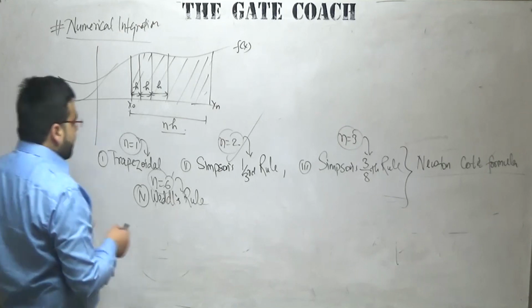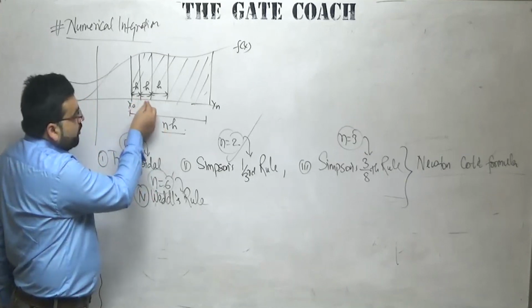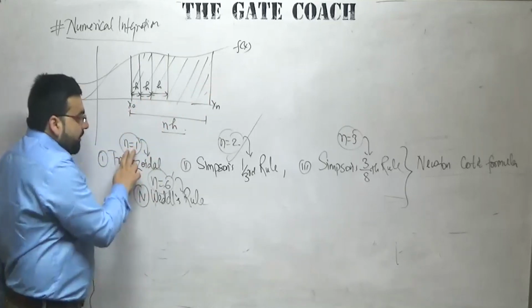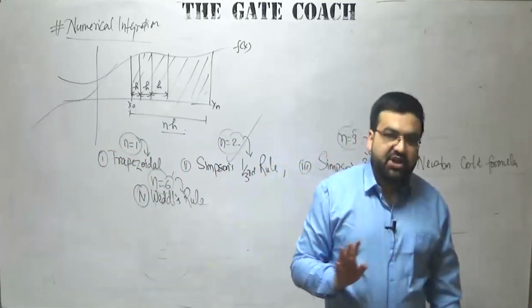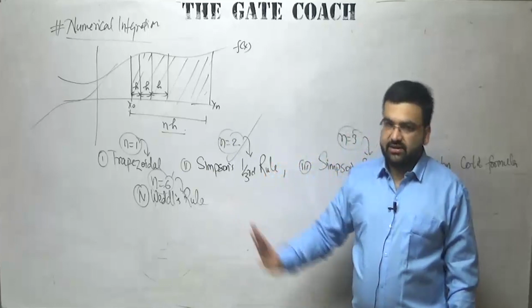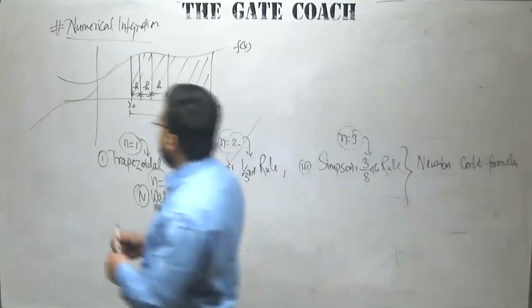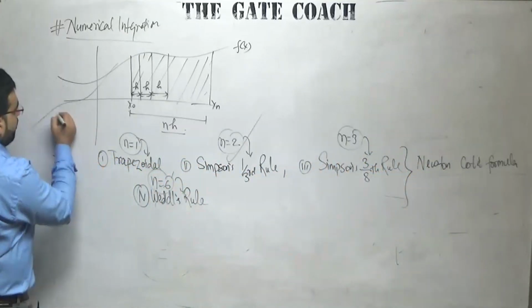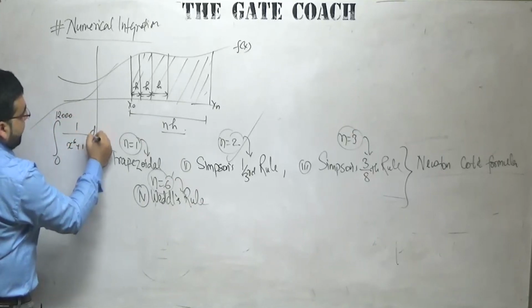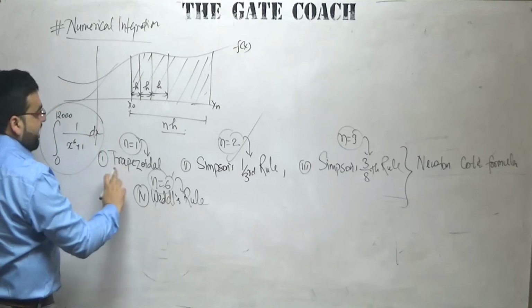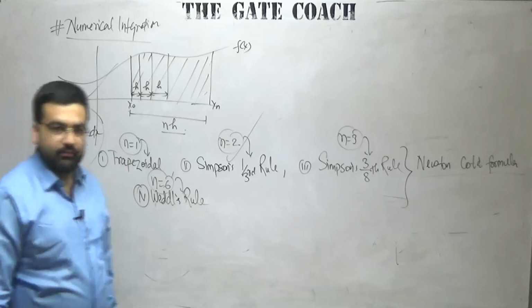Now, for applying the trapezoidal rule, the number of intervals, this n, 1, 2, 3, 4, should be a multiple of n, or a multiple of 1. Now you will say, sir, every positive integer is a multiple of 1. My answer will be yes. Then the trapezoidal rule can be applied to any type of question. Even if it is integration from 0 to 12,000 of 1 upon x^6 plus 1 dx, can the trapezoidal rule be applied? Yes, sir. 12,000 is a multiple of 1, so it can be applied. Simple.